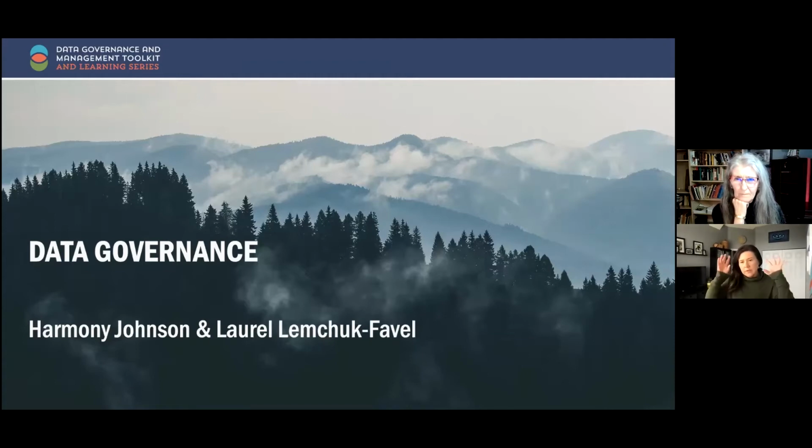What we're going to do is walk through 3 little modules. This first one is a bit more setup, history, connecting it to your context. Then we're going to go into sourcing external data. Then we're going to go into data governance structures internally. I'm delivering a lot of content today, along with my friend Laurel, who hopefully you can see spotlit on your screen as well. Laurel and I do a lot of work together, and Laurel's done a lot of work with Indigenous communities and organizations across the country on data. So if we can go to the next slide, I'm going to kick it off.